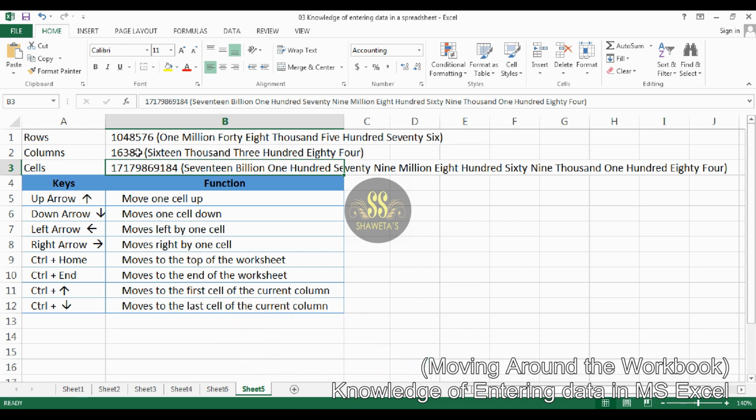We use the cell pointer to store or manipulate data in these cells.